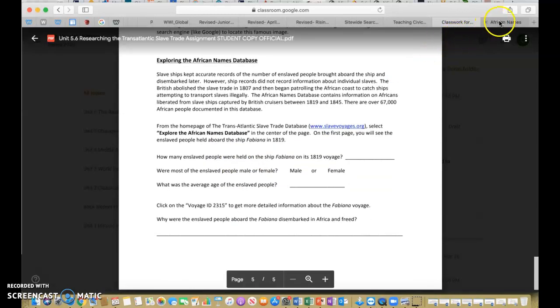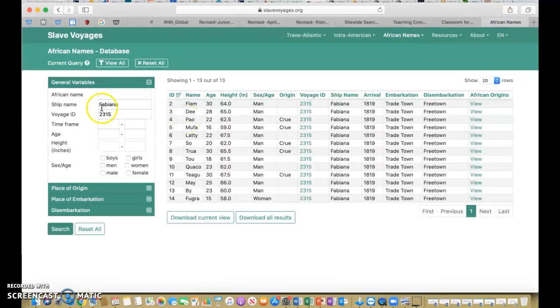So for this exercise, I've already typed in the ship name, Fabiana, kind of giving you the voyage ID so you don't have to do a lot of research on it. But this tells you the group of slaves that were on board that ship. So what's fascinating about this research and history is I can tell you the actual people that were on this vessel in the 1800s, the actual slaves. And I can tell you their height. Of course, this is in inches. So you can find their age, their origin, where they came from,